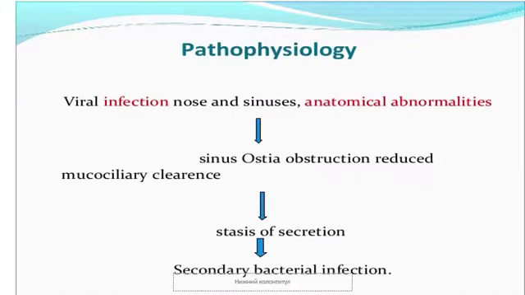The pathophysiology of sinusitis: a viral infection damages the nose and sinuses, and when there are anatomical abnormalities, all this leads to obstruction of the sinus ostia, and this reduces mucociliary clearance. It leads to stasis of the secretion, and when it traps bacteria, we call this secondary bacterial infection, and it leads to